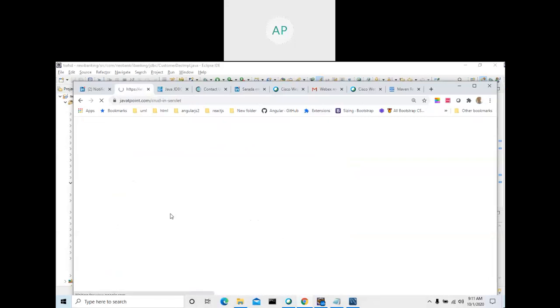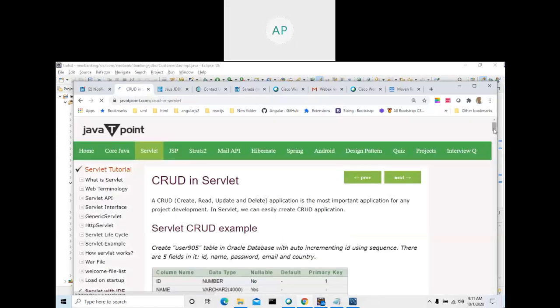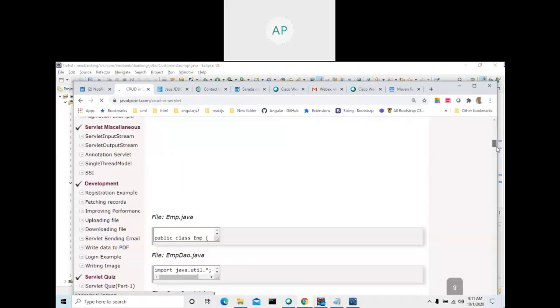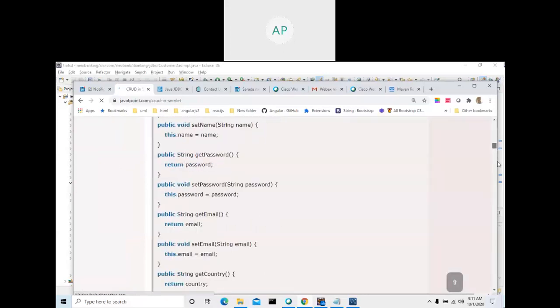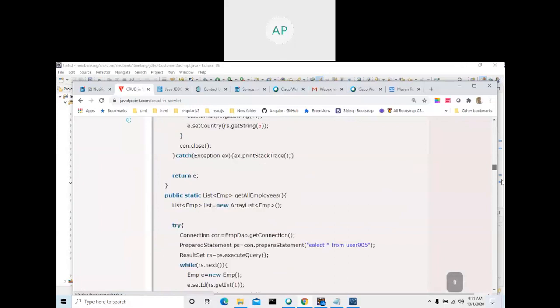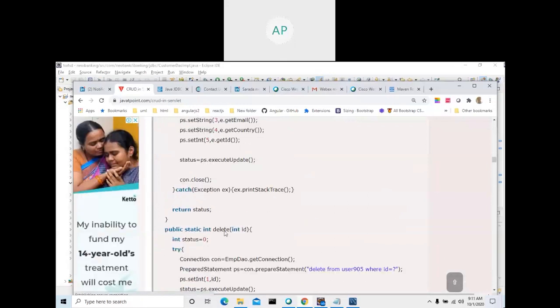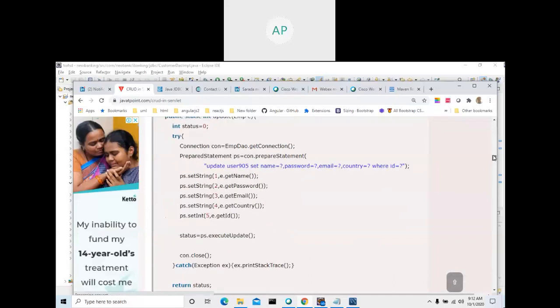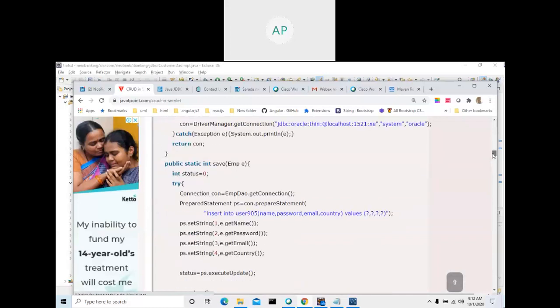Copy this entire thing and paste it in between this. Delete this one and copy this there. Or else you write a separate method and call it. That's one and the same. So see one or two tutorials, you will get all the knowledge. See, there are a lot of things available.